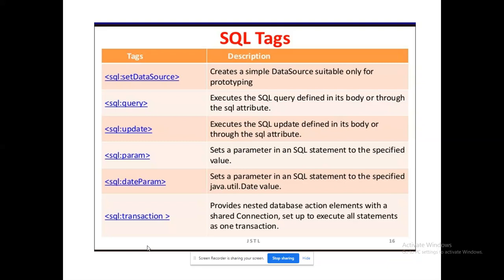Within that tag, I can give my direct SQL query: select star from the particular table name. It's enough. Likewise, whatever is applicable within SQL, DDL, DML, TCL operations, everything can be fetched. Even if I want to compare some username and password from the HTML page against a database server, that can also be done through SQL colon param.